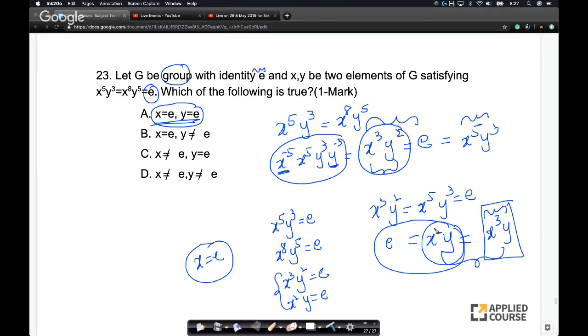Just give me a sec. Let me see. e equals x square y. Can I get e equals x cube y also somehow? So where are we? x power 5 y square. So we got these four terms, right? So we got x square y. If I multiply both sides with y, I'll get y. This is not working out. I think I'm stuck here a little.